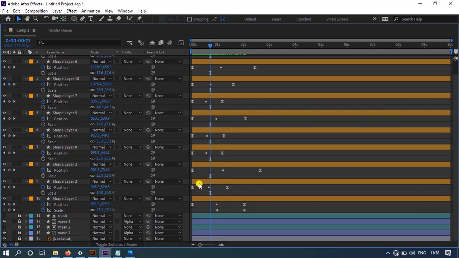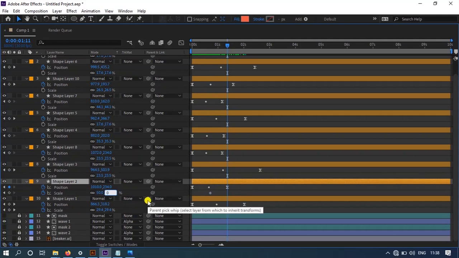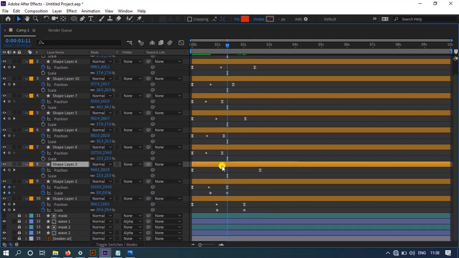Now here also, now click on this stopwatch icon, come forward at the last keyframe and give here 0. Select this layer, click on this stopwatch icon and come at the last keyframe, give here 0.